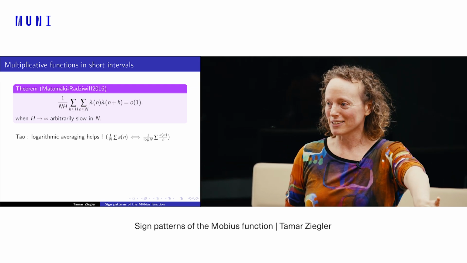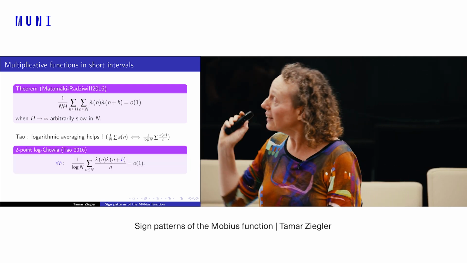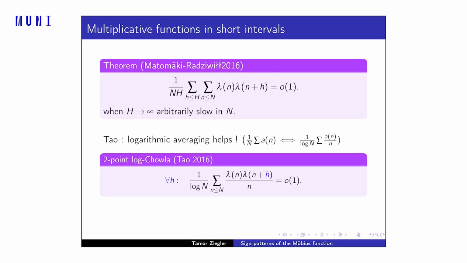But the other way around is not true. So he showed that you can take their result, and if you allow this easier logarithmic averaging, then you can actually get something like the log Chowla,